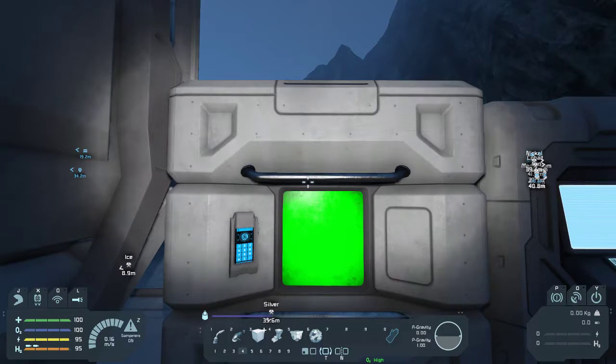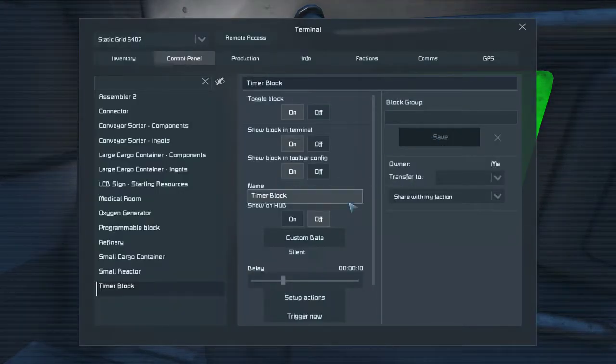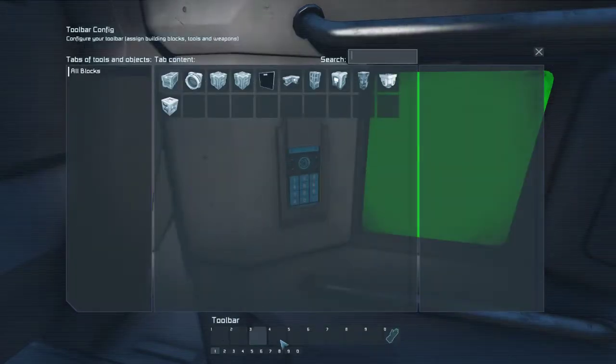So if we come into our terminal for the timer block, you can see we can set our delay. In this case, it's set for 10 seconds. We can set up actions to perform, and then we can start them and stop them. At this stage, in set up actions, you can see there is actually nothing here. We've got 9 on the toolbar, but we can also go to